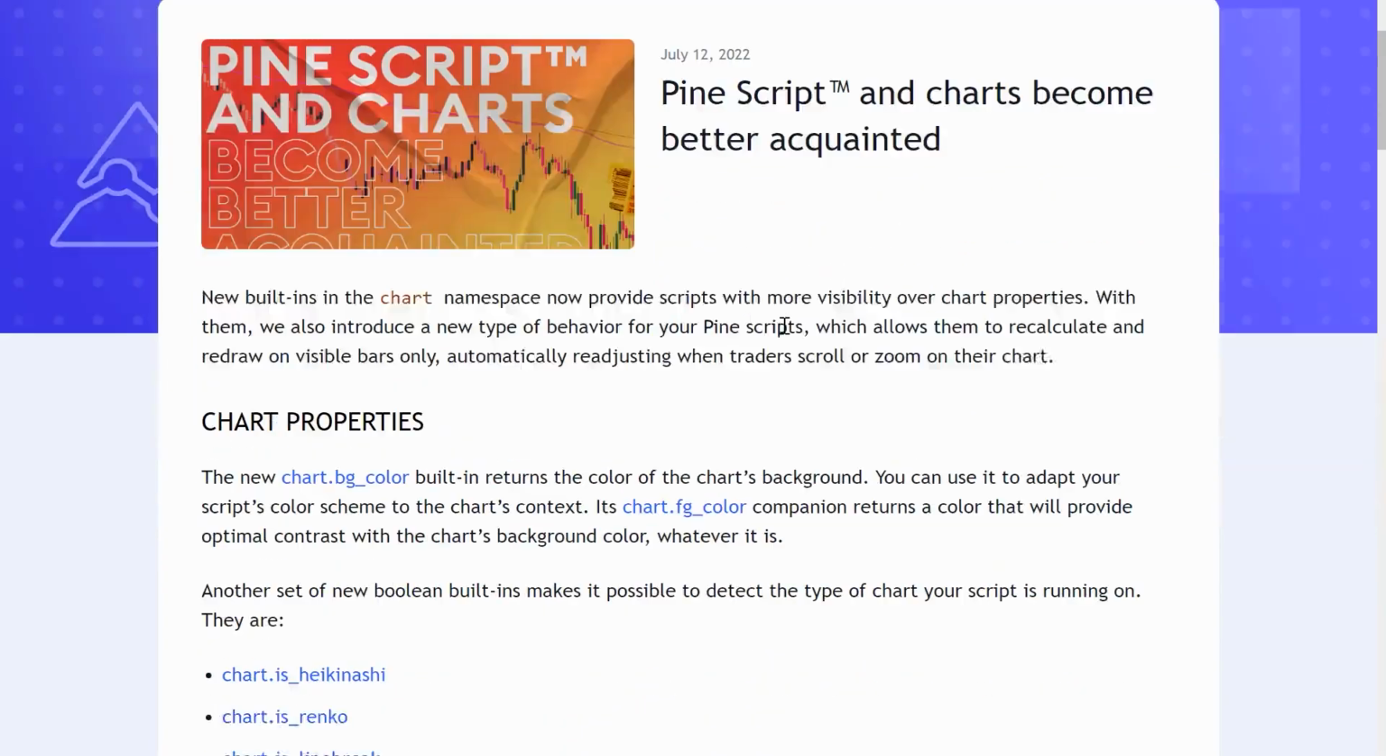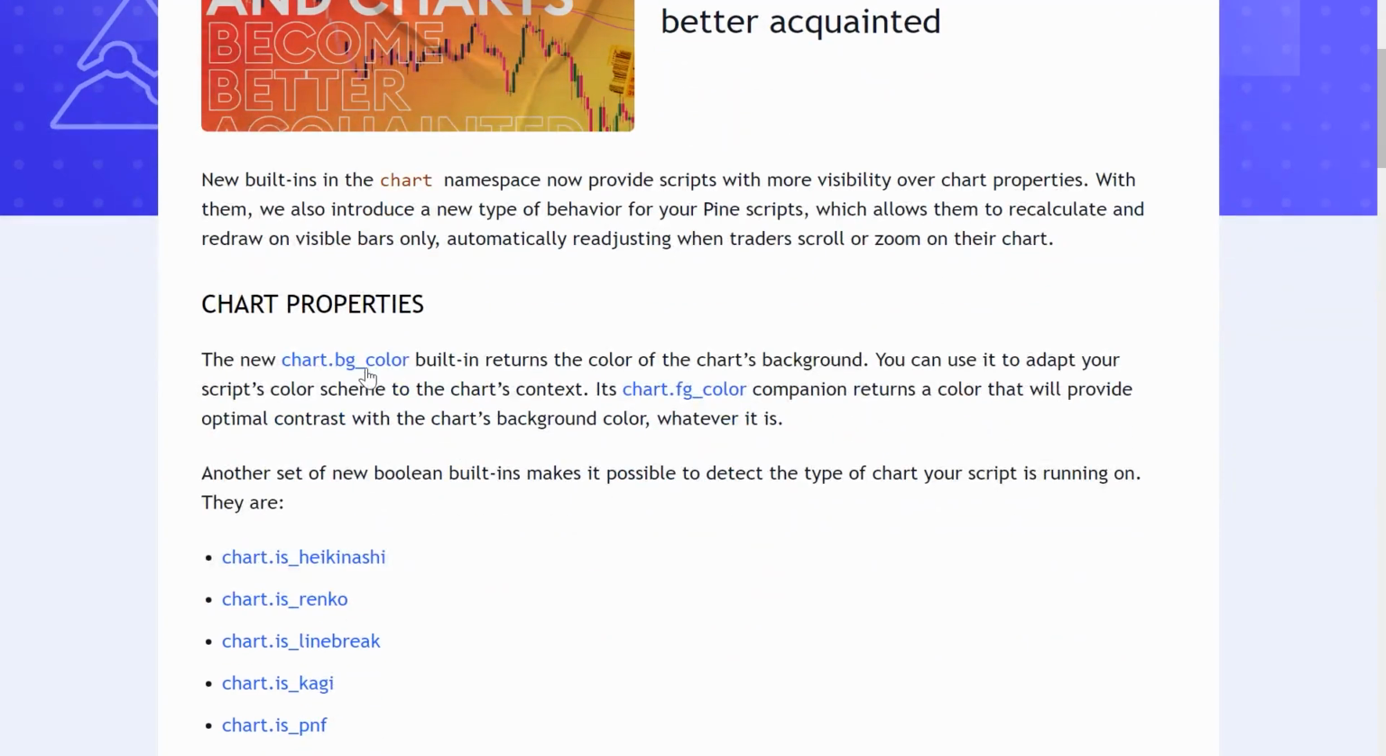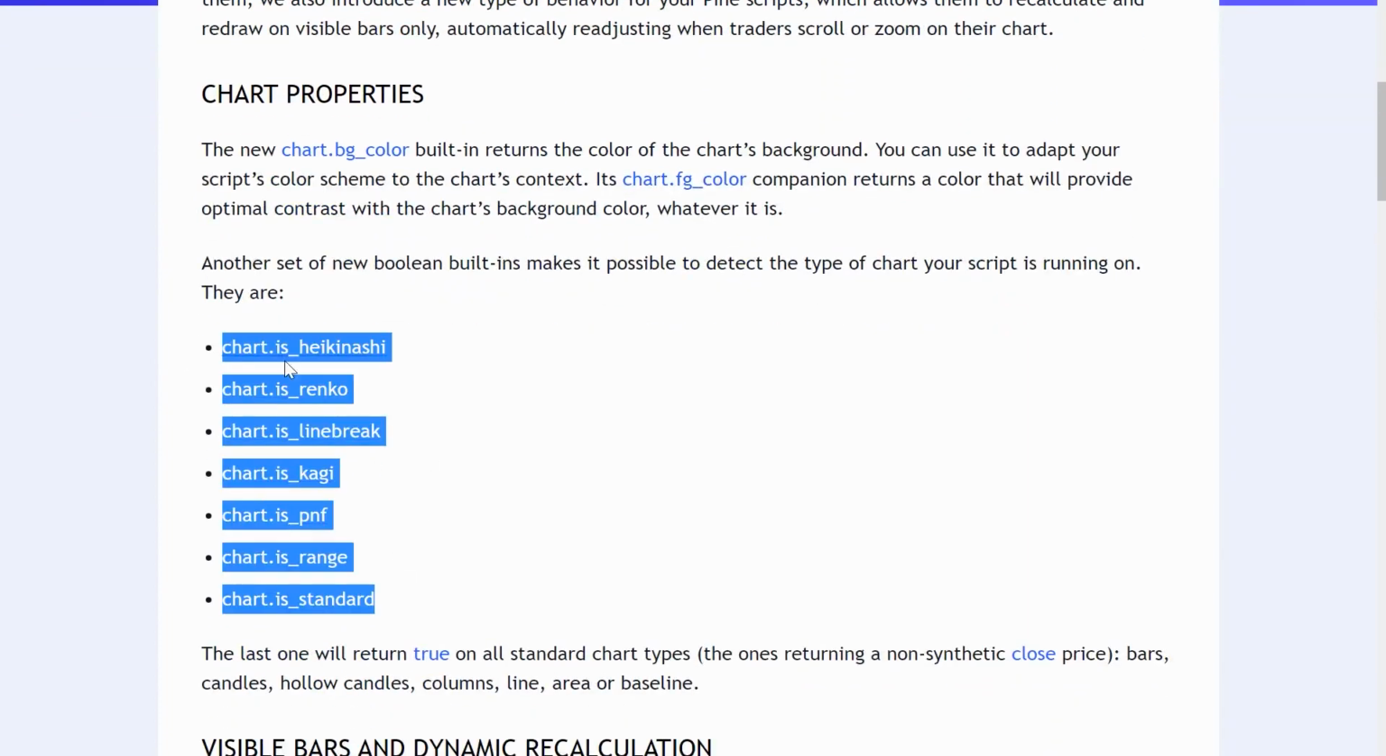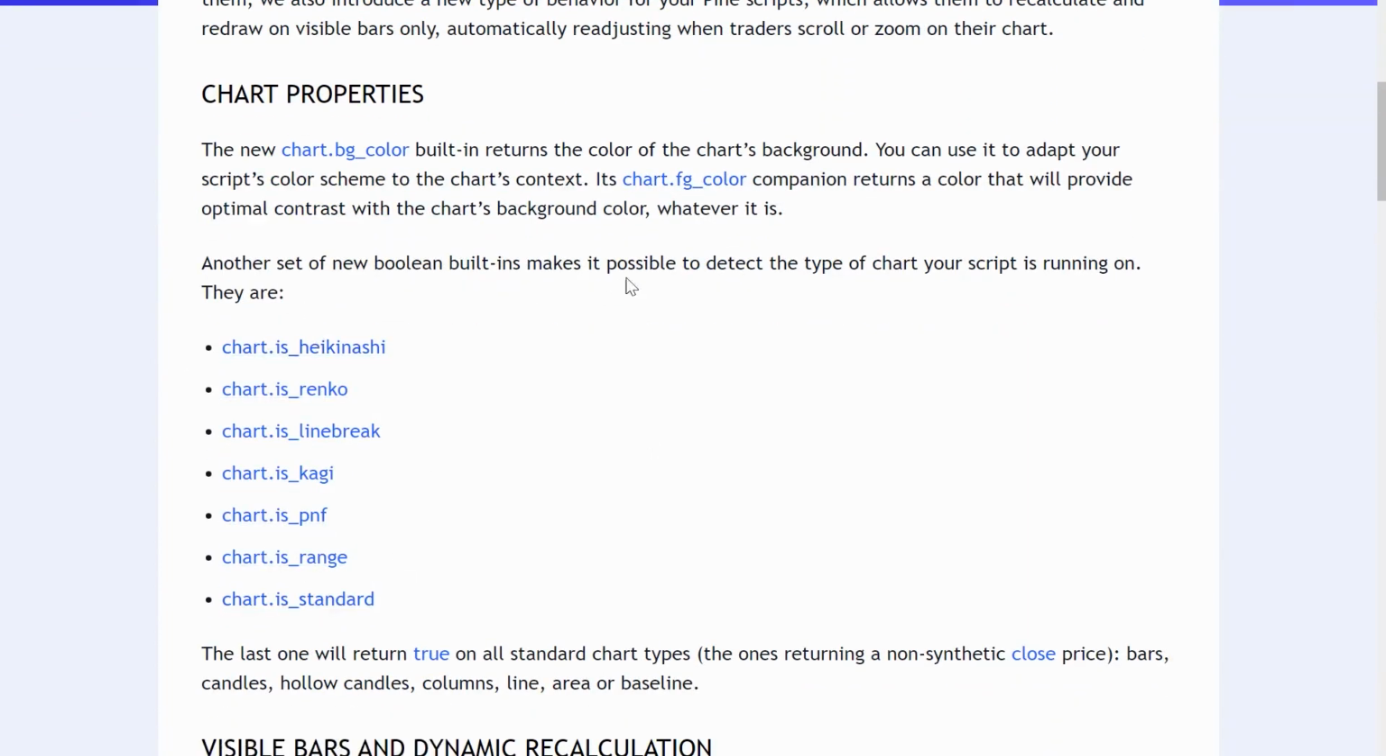The first thing they've added is you can now return things like the background color of your chart. These are all built-in variables here. And you can use this built-in variable to do things like adjust your script's color scheme if you want to. We also have foreground color here and a bunch of other built-in variables here to do with